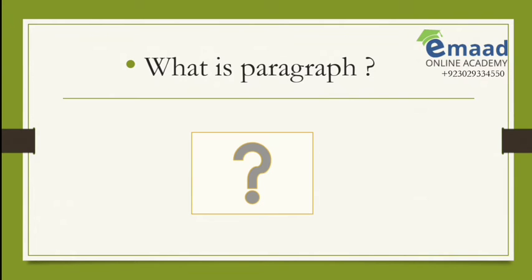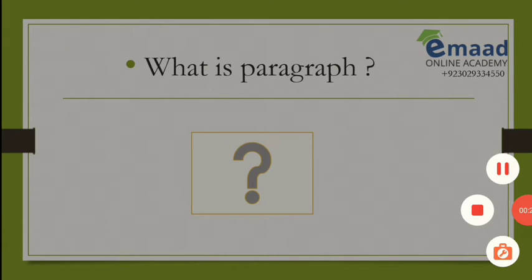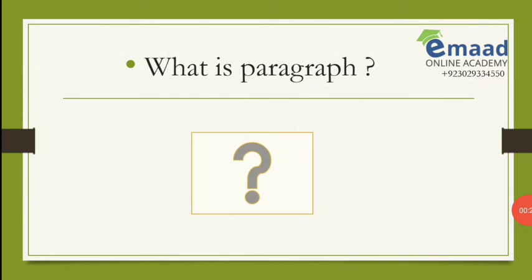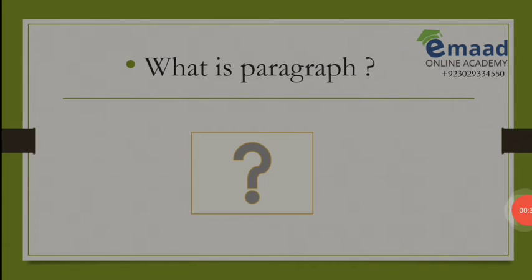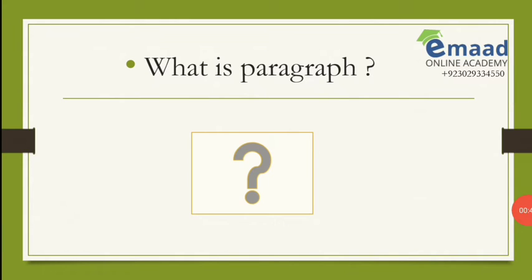There can be a separate paragraph, there can be a paragraph as a part of a complete essay or a piece of text. Like when you open up a chapter in your book, you find so many paragraphs in that chapter as well. When you read an essay, there are so many paragraphs in an essay as well. So, a paragraph is a single unit of writing, consisting of many sentences which are joined up together just to form one unit from a piece of text.